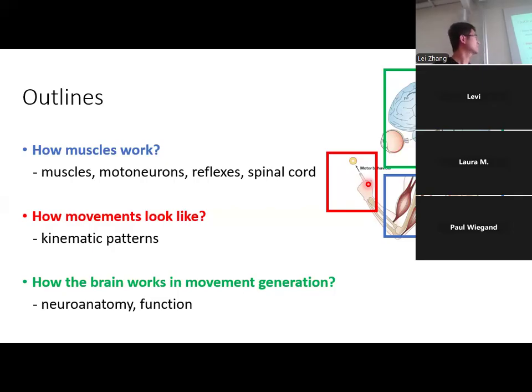But before that, I would like to give you an intuition of what the outcome of this movement looks like, which is the kinematic patterns. So we will first look at different kinds of movement and how they look. Because we are moving in space, we want to record the movement and see if there's regularity in